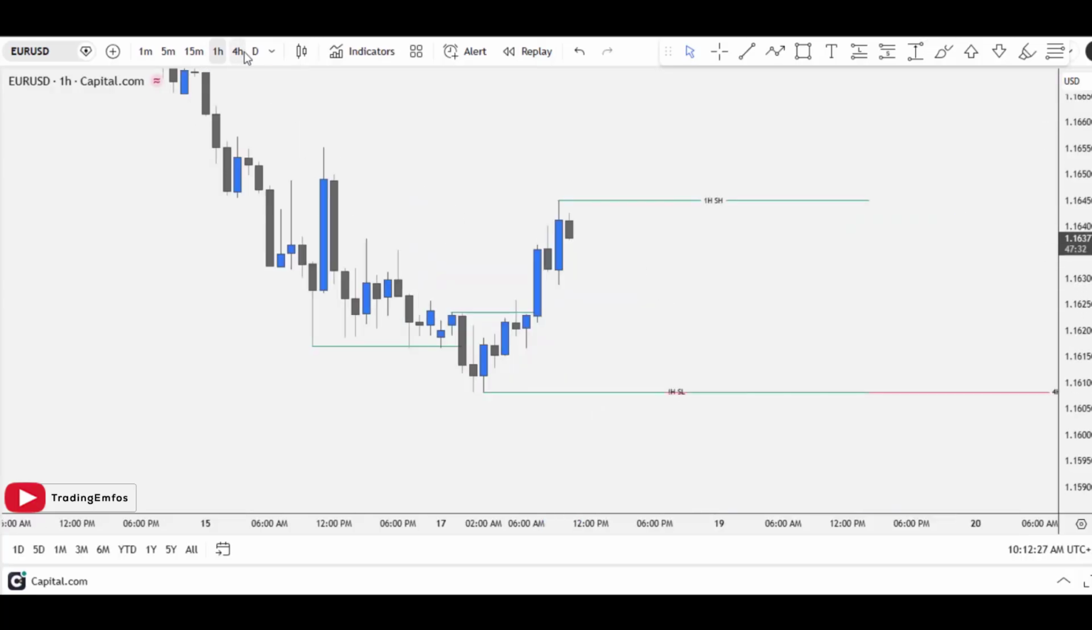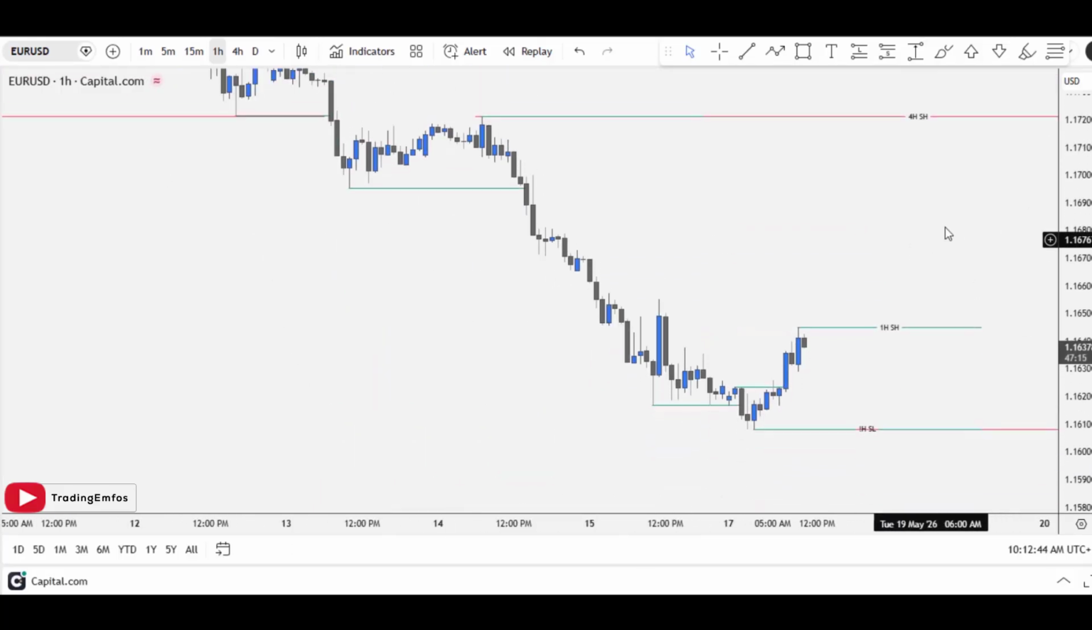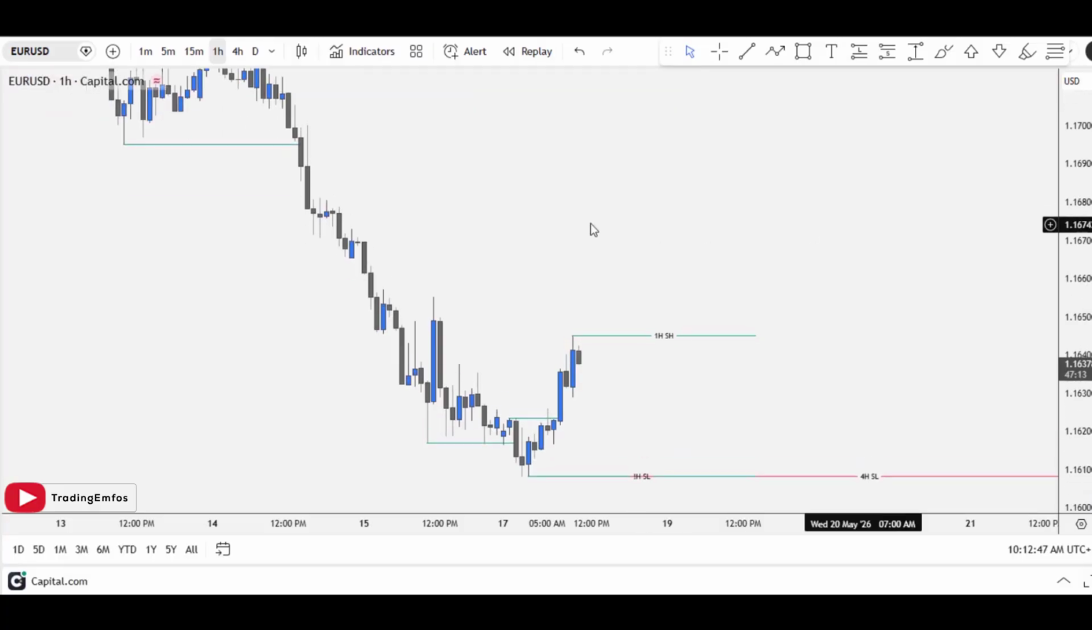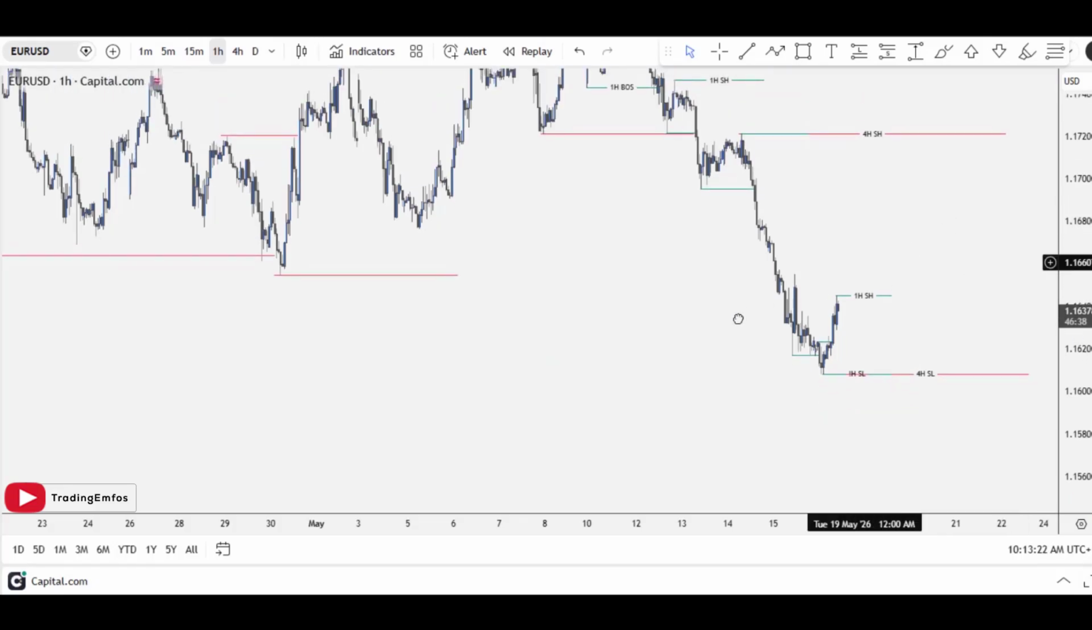The daily time frame is bearish, the 4-hourly time frame is bearish, but the 1-hour time frame is bullish. It's not in agreement, it's not aligning with the daily and the 4-hourly. So what do you do in this case when they are not in agreement? All you have to do is to wait, draw your zones and wait for the 1-hour time frame to align with the daily time frame and the 4-hour time frame. As you can see, the daily is bearish, the 4-hour is bearish, and the 1-hour is bullish. So all you have to do is to wait,